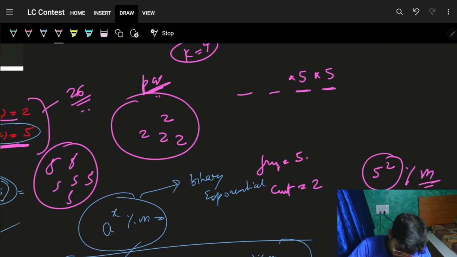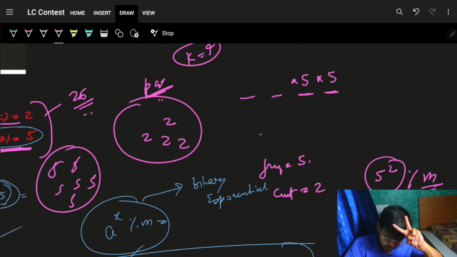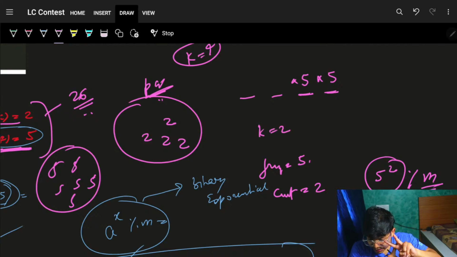Right? Cool. Going on back, now my k left is actually a 2. My k left is actually a 2. Again,